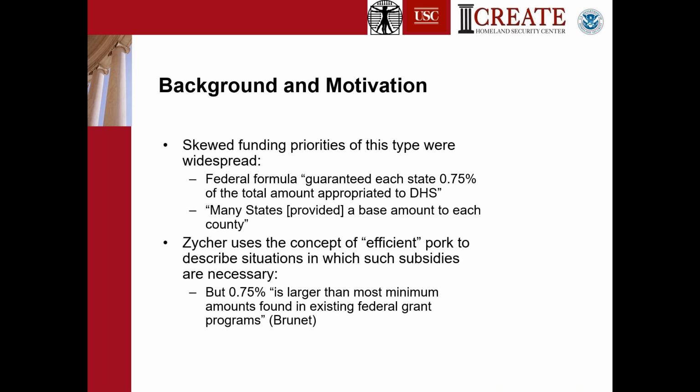So, for example, highway funding was also done with a similar program where each state gets a certain amount, and then above and beyond that, states get more depending on their need, but the amount was quite a bit less than 0.75%. So this kind of suggests what goes wrong if Homeland Security funding is not sufficiently risk-based in its